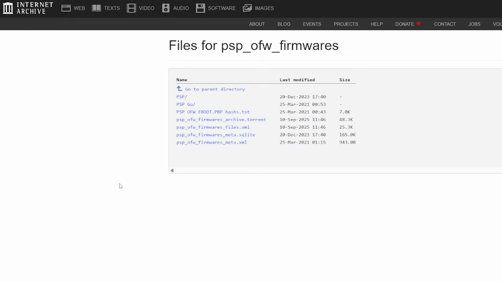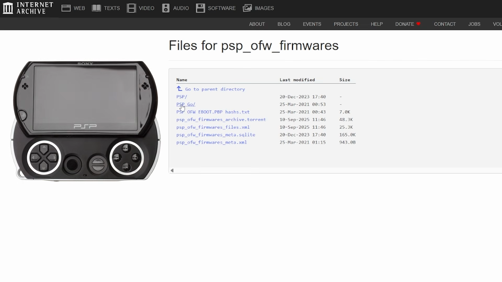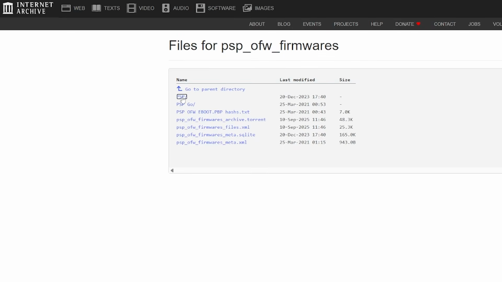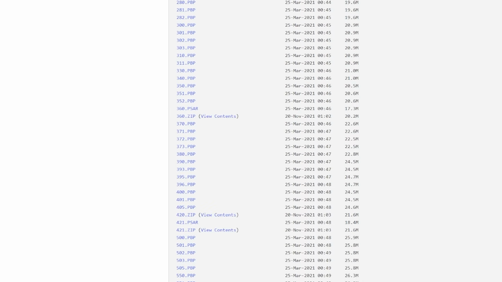We're also going to need the official 6.61 firmware, so I'll have a link to the Internet Archive for this PSP official firmware archive. For this, we can keep it simple. If you have a PSP Go, click on the PSP Go folder, and you're going to need to download 661go.pbp. If you do not have a PSP Go, click on the PSP folder, scroll all the way down, and download